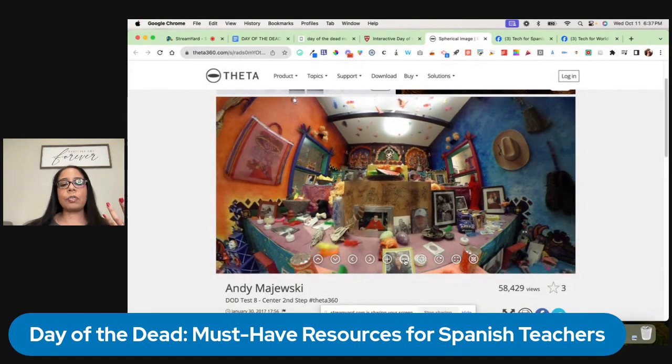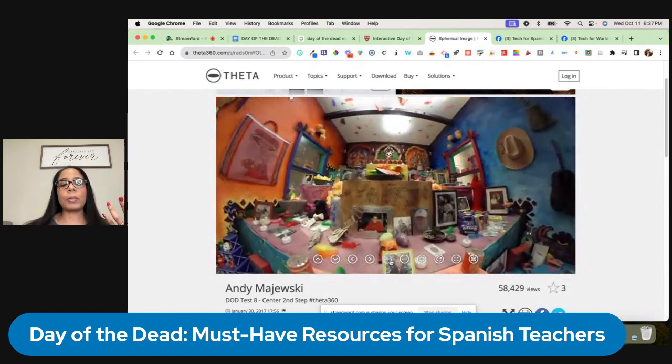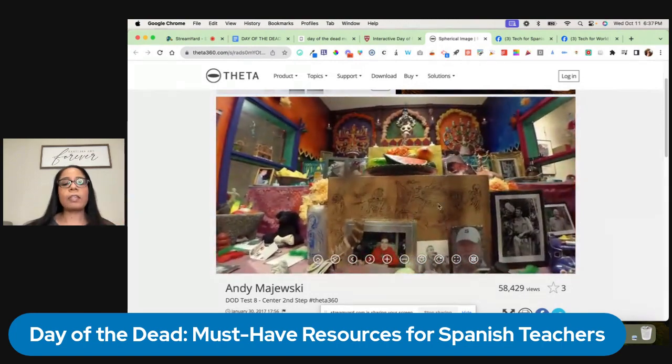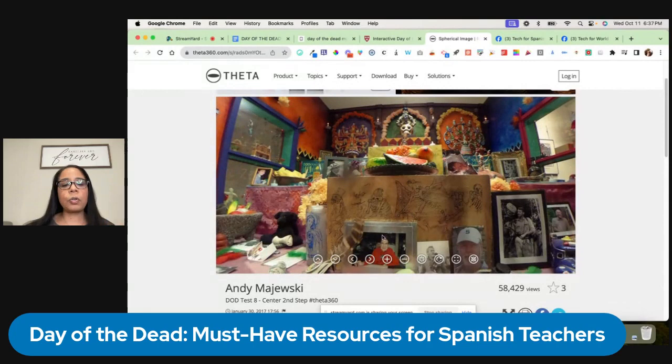It's really cool because you can introduce the things with your students, and you can talk about the ofrenda and some of the items. Like you have la foto, la vela. It looks like sandía right there. I usually introduce the vocabulary, what it is and how it's celebrated, and then we look at examples. This is a great way to practice that and get them talking and asking questions in the target language.